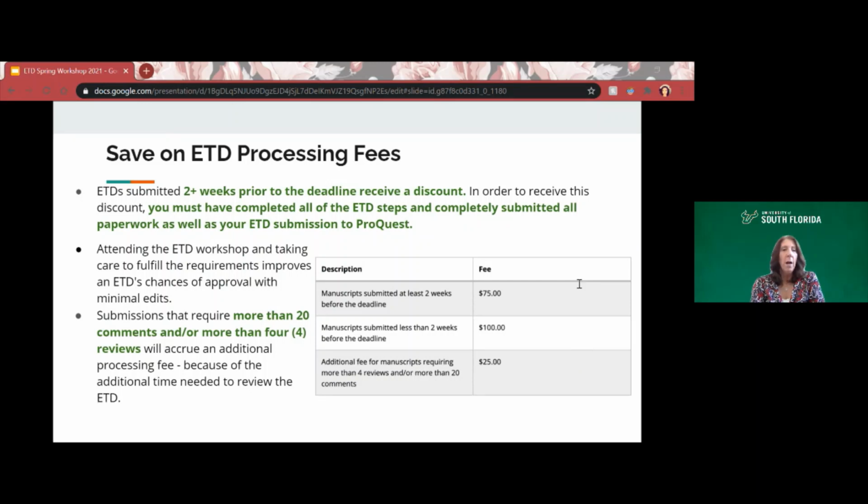So we charge you an extra $25 if there's more than 20 comments. Some students just turn it in unformatted, believe it or not. And more than 4 reviews, okay? That means it's gone back and forth 4 times. If you understand, it is not in our best interest to review this any more times than we have to. It just slows everything down. So that will incur an